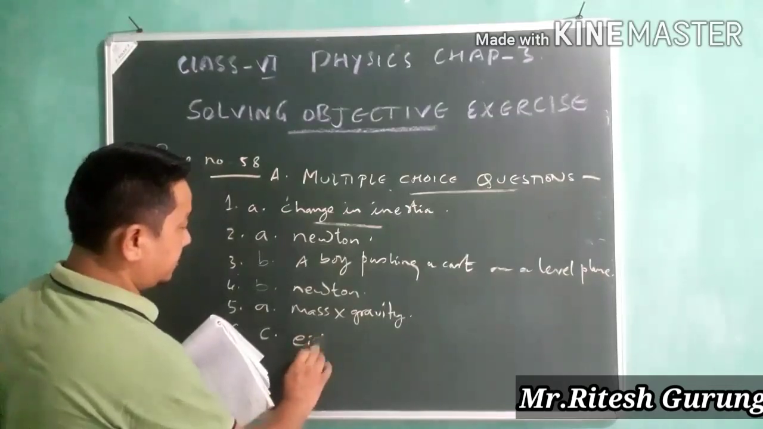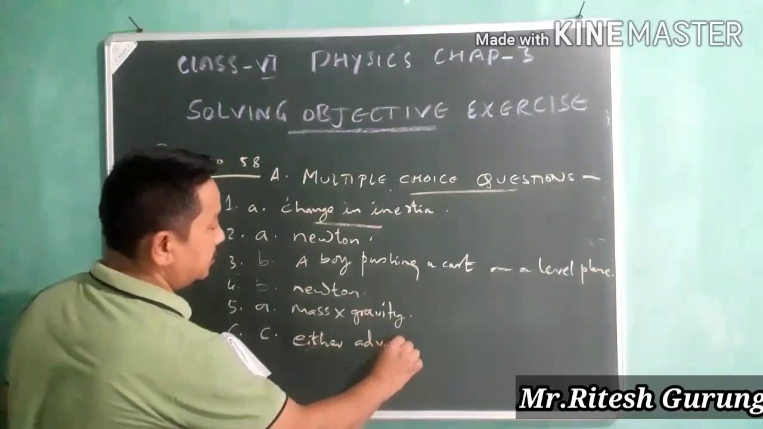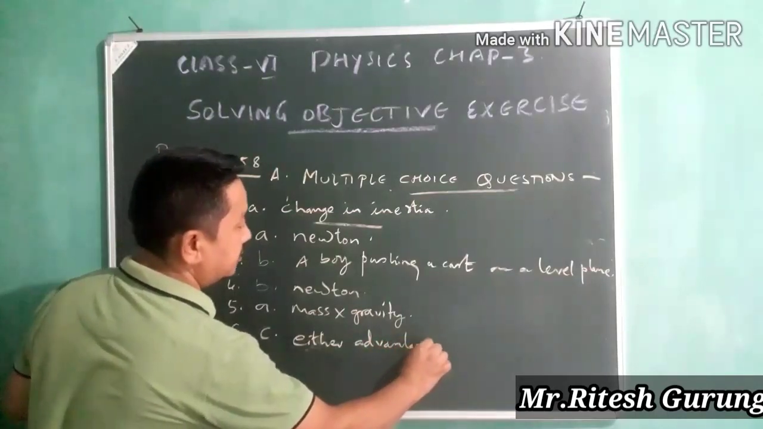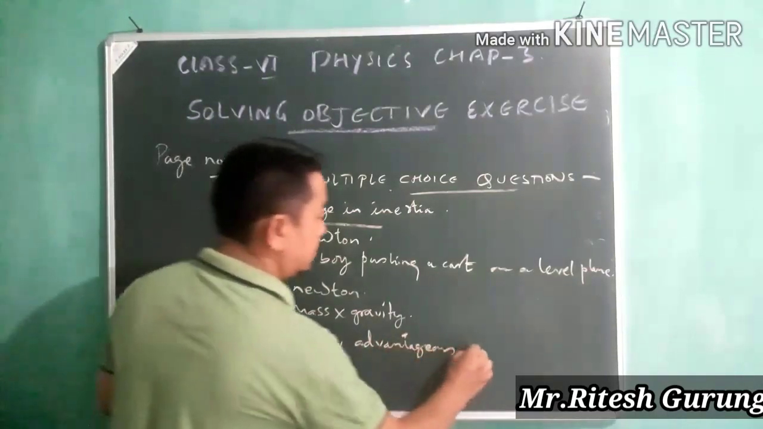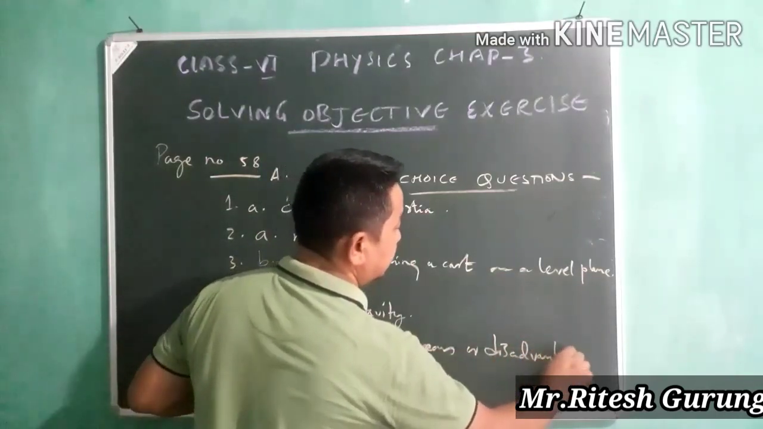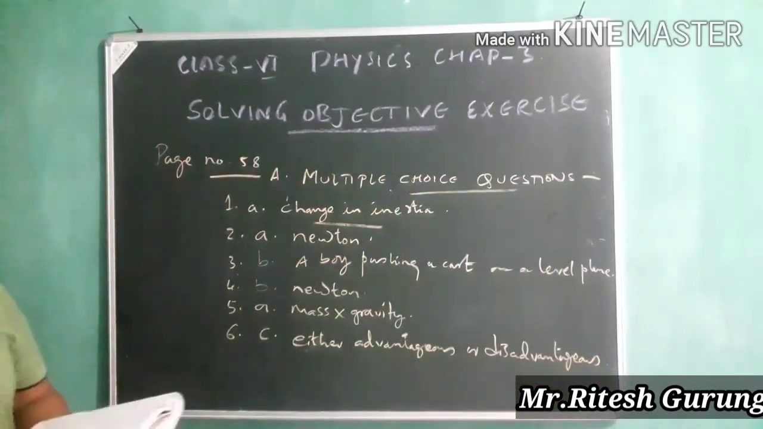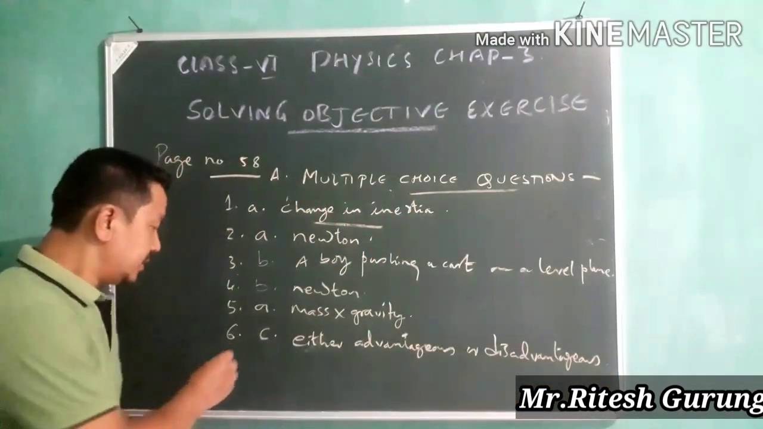Either advantages or disadvantages. Then number 7,